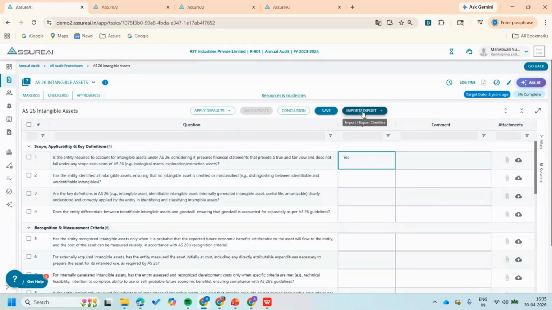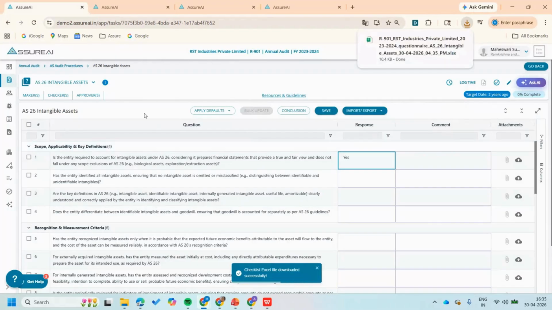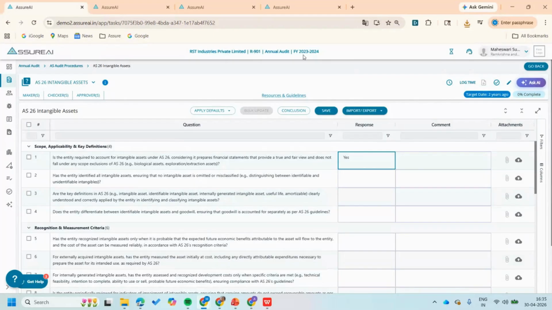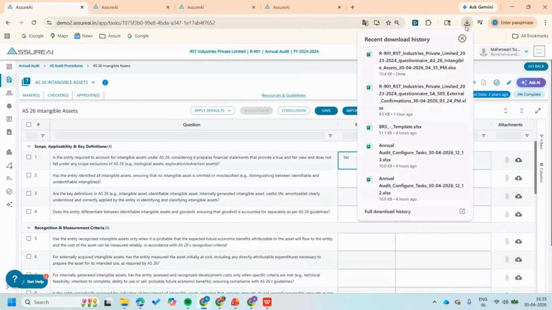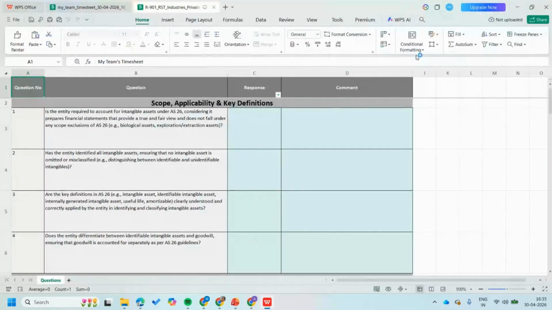How do we do that? We can use this option. Previously, there was already a download PDF option that we have just moved inside. For Excel import, first you need to download the Excel template. Only the template which is from this task, that is RST Industries R901 2324 AS26, should be used. You should not import the wrong template or some other client's template into this. So then the checklist here,